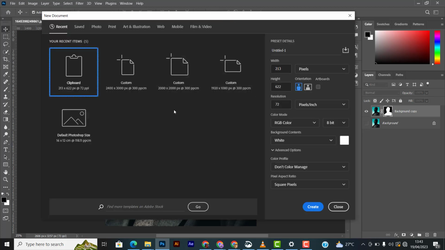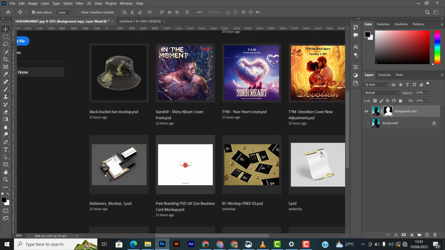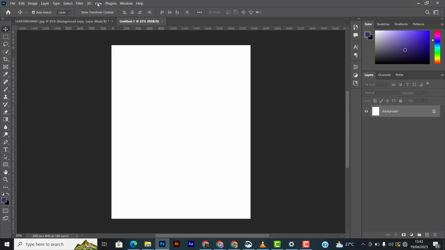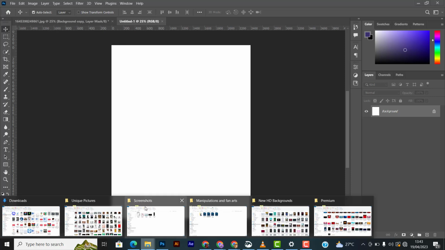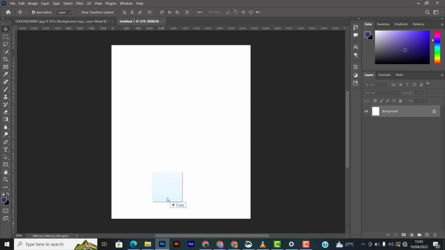Then I want to use pixels. Let's say 2400 width by 3000 pixels, and the resolution set to 300, RGB. Yeah, save. So I'm going to place that picture here, the picture I just cropped. I'm dragging it and I put it here,